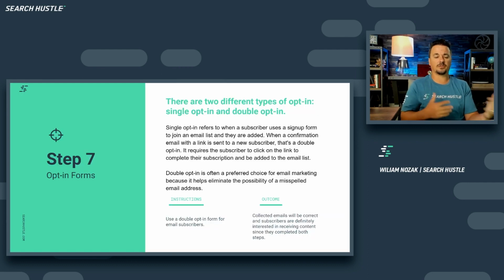Opt-in forms, single versus double. Using a double is advantageous because when they fill it out, if you've got email intake forms, you understand the spam and how reCAPTCHA can help kill some of that, but doesn't kill all of that. Having this double opt-in can help, because when they go back to their email, they have to do an additional step to subscribe. It really shows, hey, this is really what I purposely did. It can help vet in some ways.